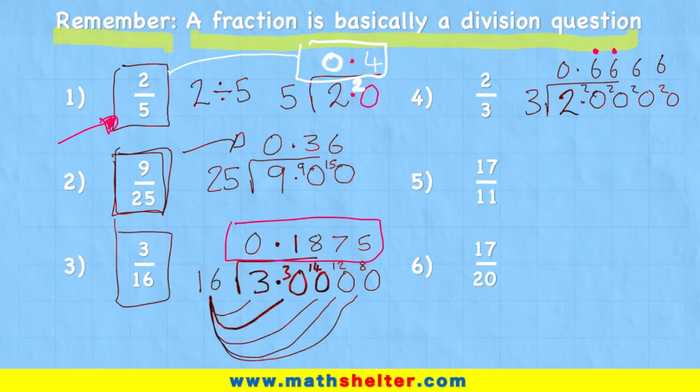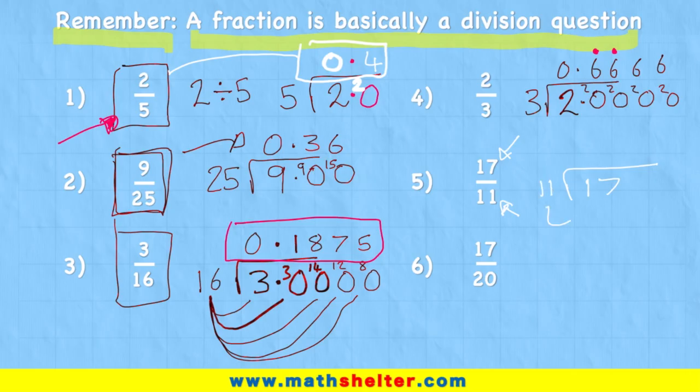And we can see that same pattern slightly differently in this next question. We have 17/11ths. And 17/11ths is actually interesting, isn't it? Because I now have an improper fraction. My numerator is larger than my denominator, which means I'm actually going to have 1 and a decimal here. So let's have a little look. Same thing again, draw out our bus stop. 17/11ths means I'm going to have to put my 17 inside the bus stop, 11 outside, and simply start exactly